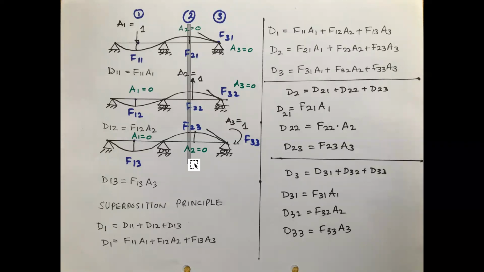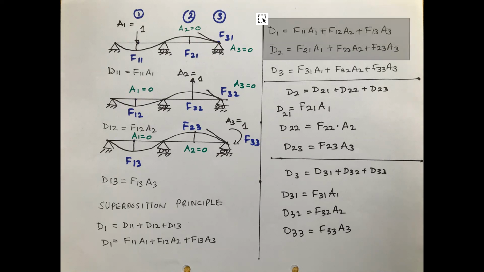Similarly, at point 2, you can write this equation first and later on expand it, whichever way you are comfortable. Later on, you will be able to remember this. There is no great deal in not remembering this. It is systematic, so you can remember, but don't mix up the quantities. Understand and write the proper notation when you are writing stiffness and flexibility. This is just the concept that I'm trying to bring here.